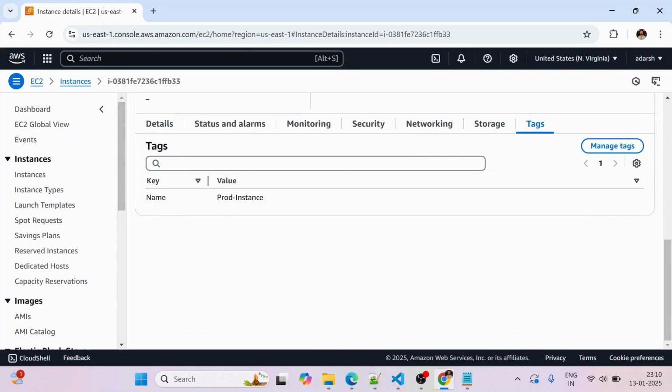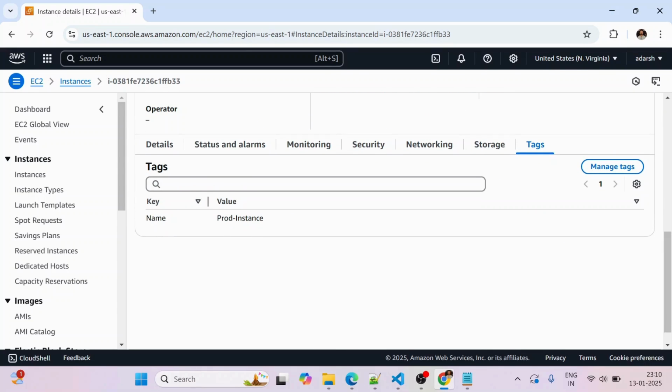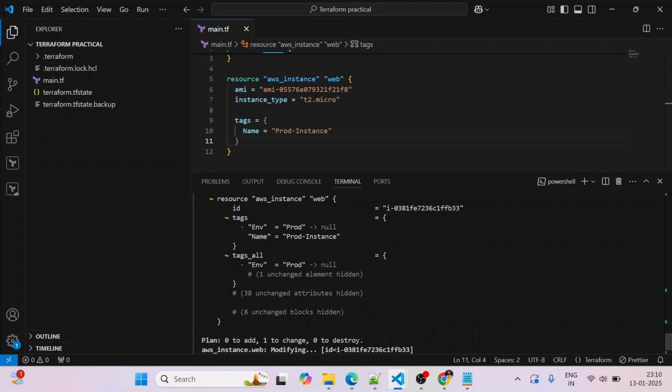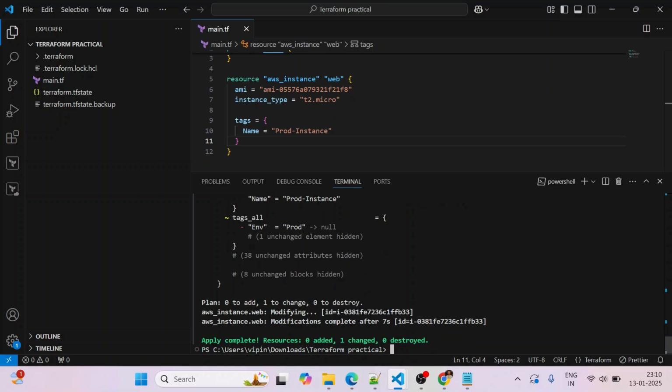As you can see, the tag which we added manually is not present right now, because whenever we ran Terraform apply, that manually added tag got removed. So this is the default behavior of Terraform.